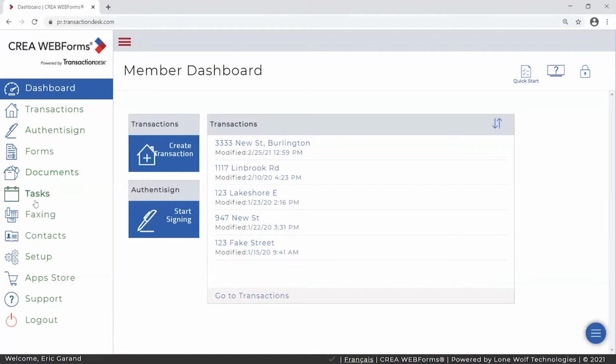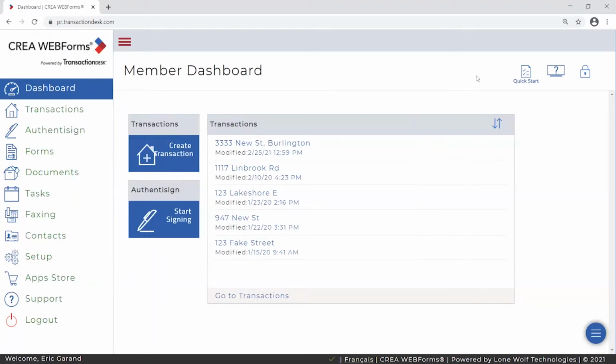We're going to go through the options on this left-hand menu. I'll highlight some of the bells and whistles that are here, and we will conclude on actually adding our own transaction, attaching an agreement of purchase and sale to it, and then just concluding with talking a little bit about the formatting. So first half, everything AuthentiSign related. Second half is going to be that introductory web forms walkthrough. Okay,